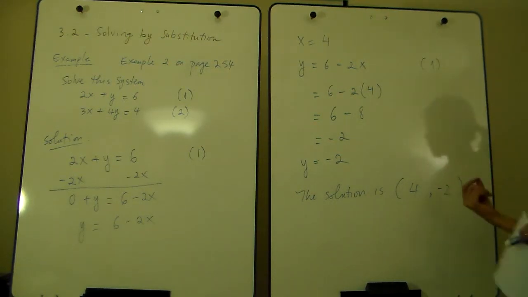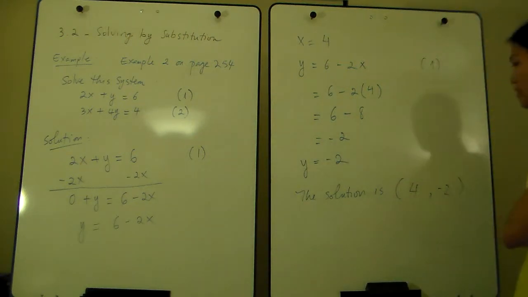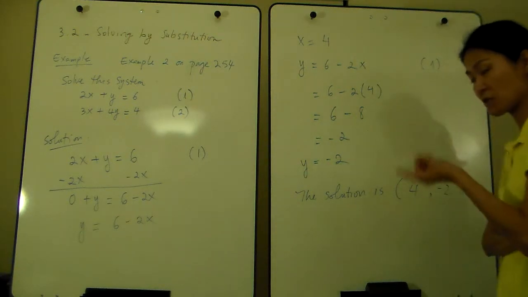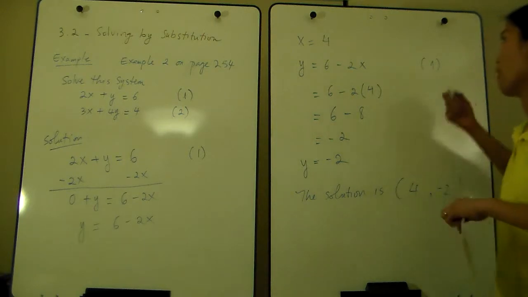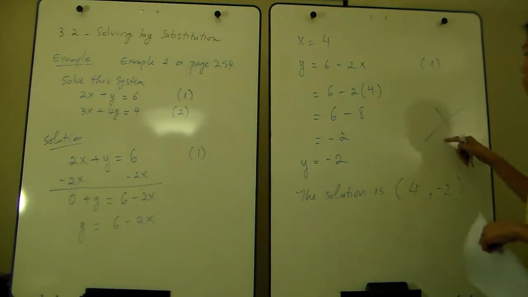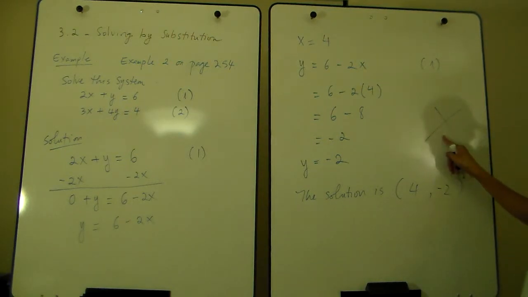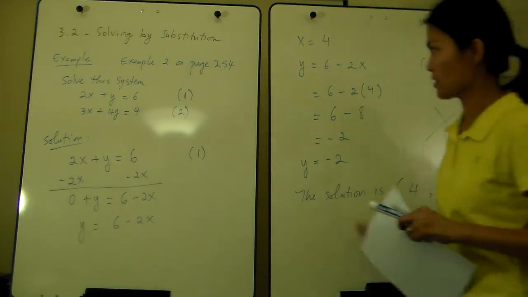This represents 1 point. And for this system, because it has one solution, right, that means they intersect. If you graph it, it goes in this form, okay, intersects at 1 point. That means it's consistent and independent, right? So this example,